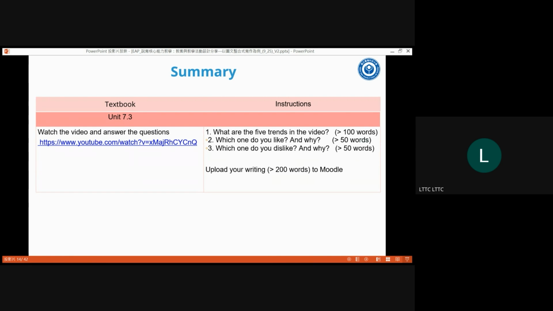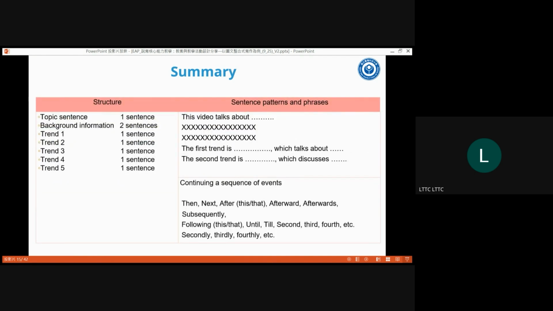And for the third paragraph, which one do you dislike? Okay, you don't like that. And why? And they have to tell me more than 50 words. And then they have to upload their writing to Moodle, that's an online platform, and it should be more than 200 words. And also, I will give students a lot of instructions like how to write a paragraph or an